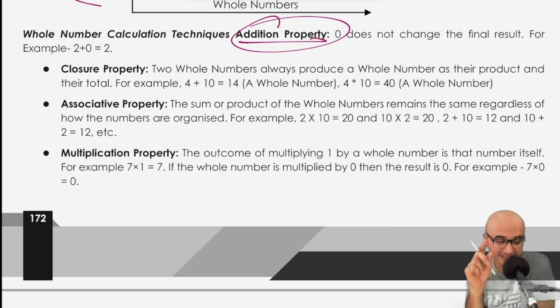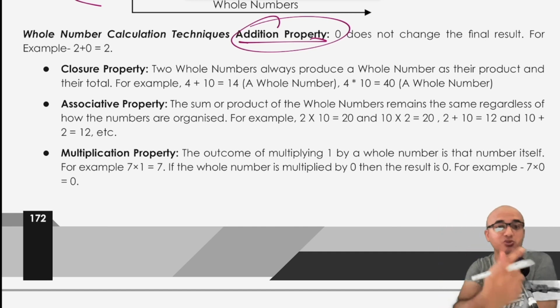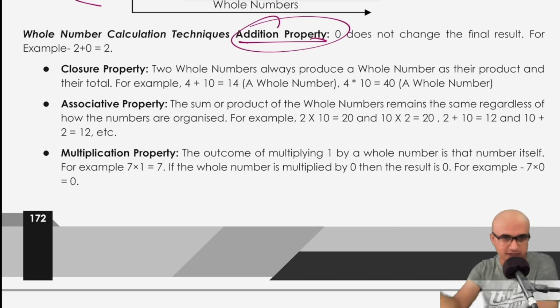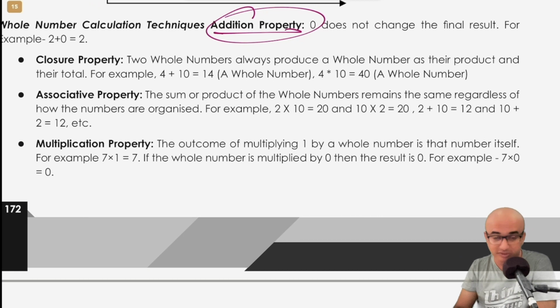The closure property says if you add or multiply two friends, the result is always part of this squad. For example, there are 4 friends and 10 friends, bam, then we have 14 friends who are all part of the same party. Okay, and since we are talking about the party, let's think of it as a party of